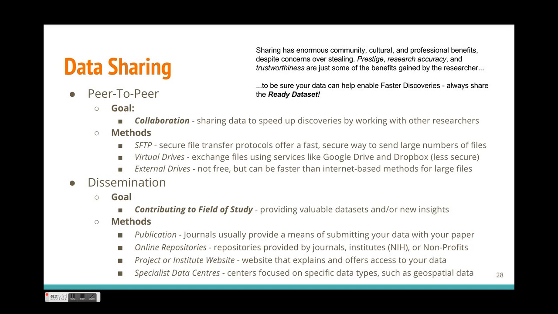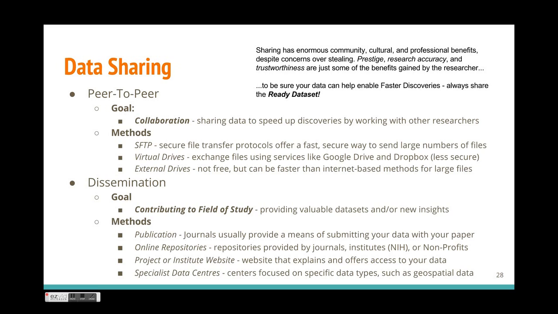These are the ones that are oftentimes based around communities of practice. So a great example is OpenStreetMaps, and that's because those data centers are being managed by an open community, and they're being peer reviewed, and it's a great source for integrating data sets that are very similar by type, like geospatial data. So the one thing I want to point out is that when it comes to sharing data, there